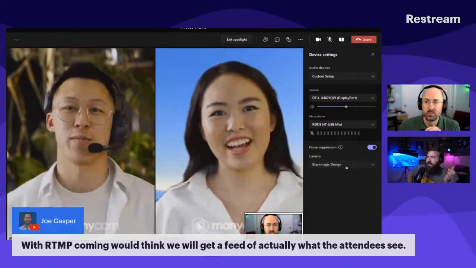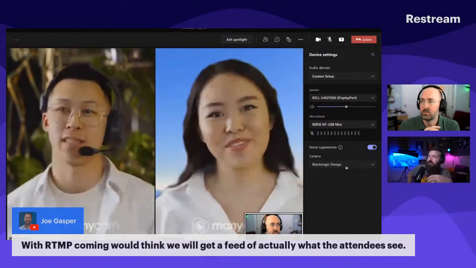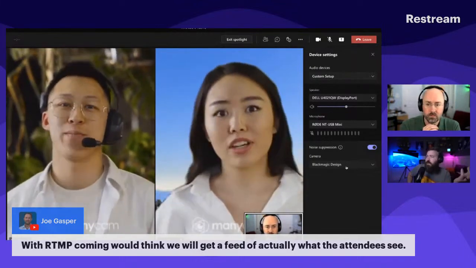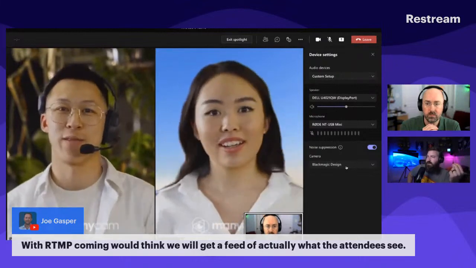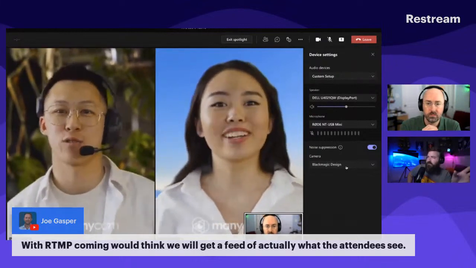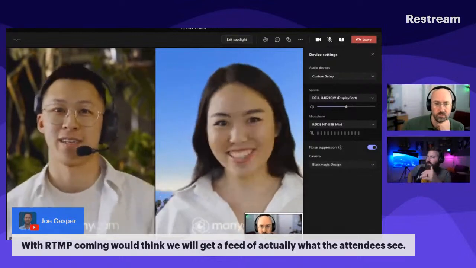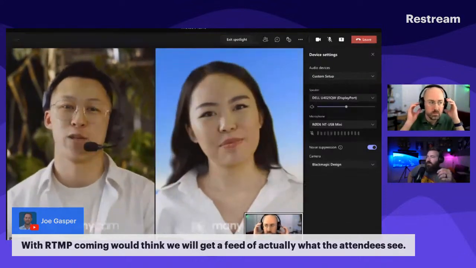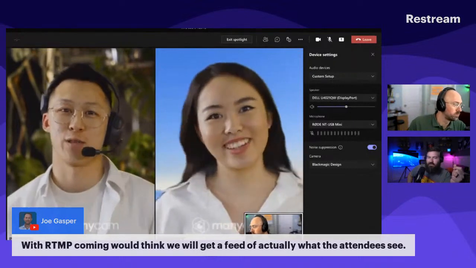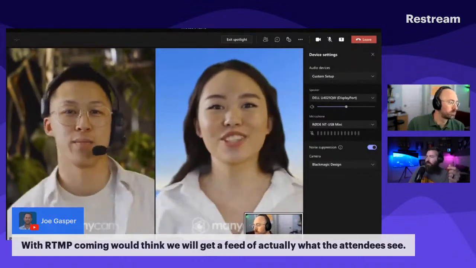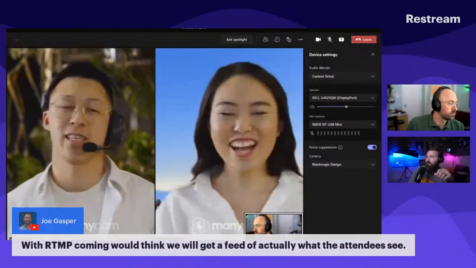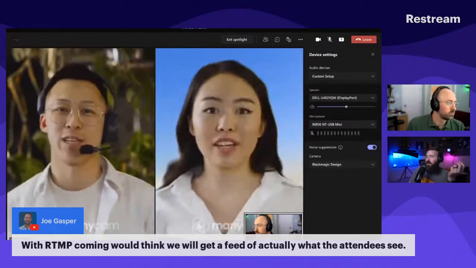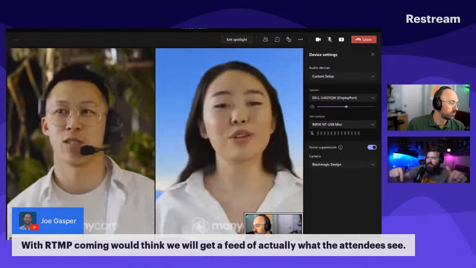I haven't seen what RTMP out looks like, but I guess what you could do is stand up an RTMP server, you can do it with a Raspberry Pi, or on your local computer. And then you could stream the Teams meeting to that custom RTMP server. Even though it doesn't have any watchers, you could just record it that way. So that would probably be a way to do that. I'll try to remember that, Joe. Whenever RTMP out comes, I might take one of my Raspberry Pis, make it an RTMP server, and see if it just captures the stage. I think you're right, it would, because it would just be whatever is in that 16:9 frame.